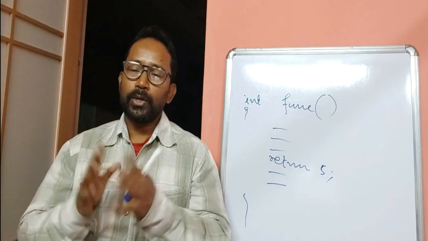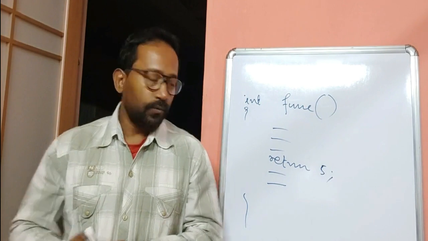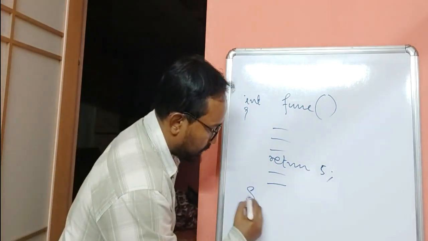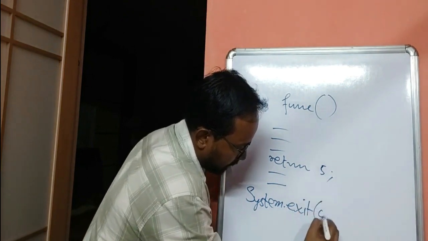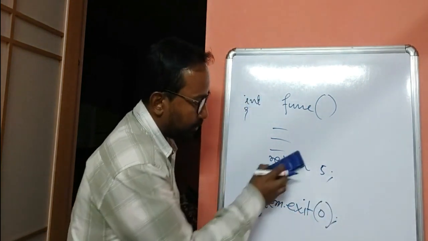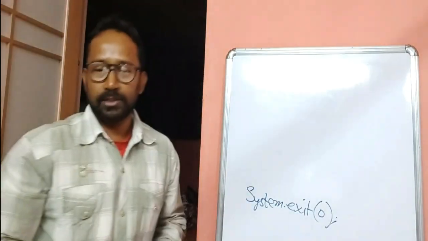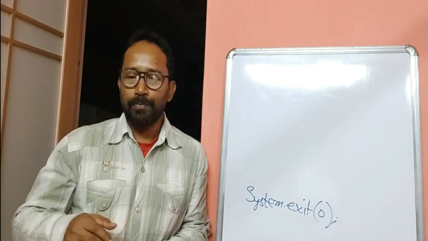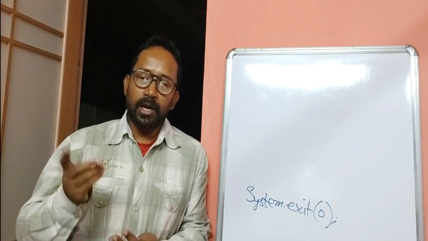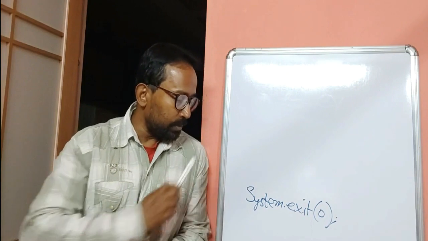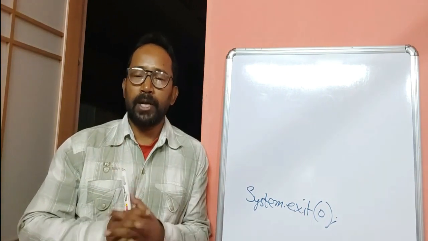Clear? So I hope you understood this 3 type of jump statement. One more jump statement is there, which is called system.exit 0. So this is a jump statement which is used to terminate the execution of your application. Application means your full program. Your program may contain a number of classes. Each class may contain a number of functions, but due to the execution of this system.exit 0, your full application or program will be terminated.